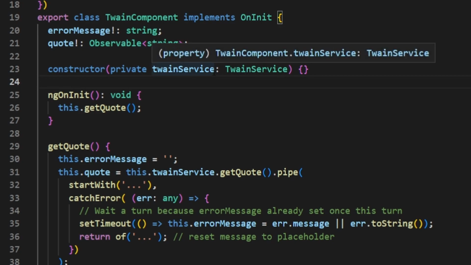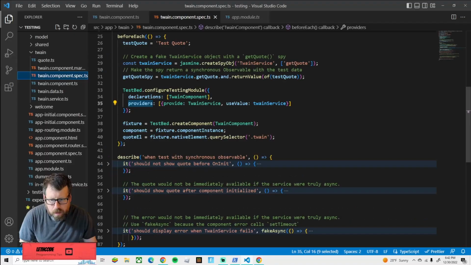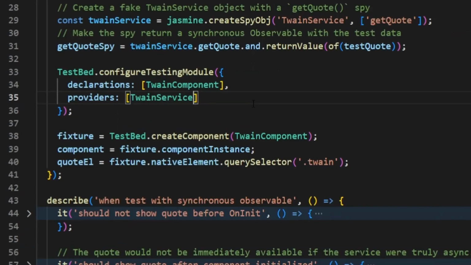So that needs to be provided so that we can build that up. So here we want to provide a Twain service and use the value of the Twain service that we've built up with the spy. And that's really confusing when you start out. What you can actually do, if you just want to use the real value, you can just use the Twain